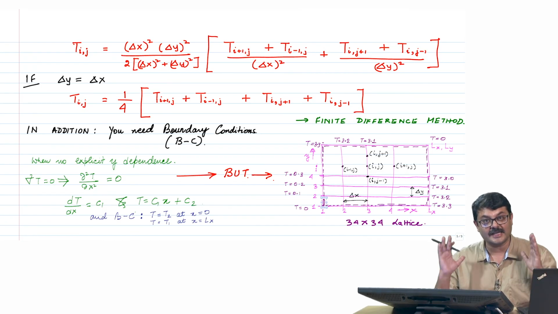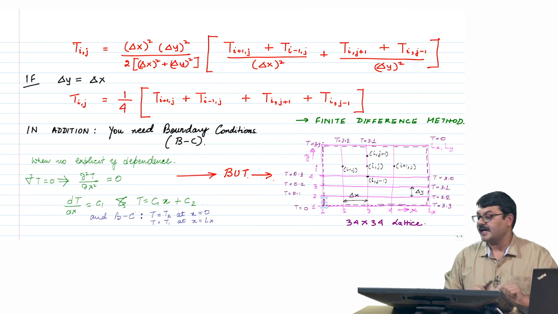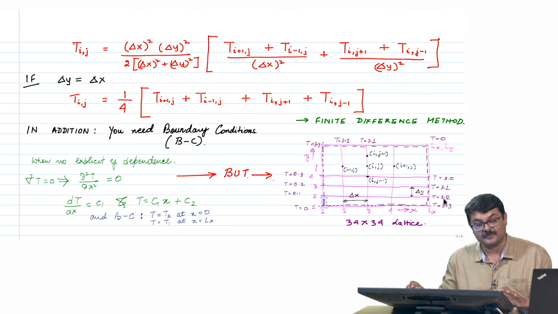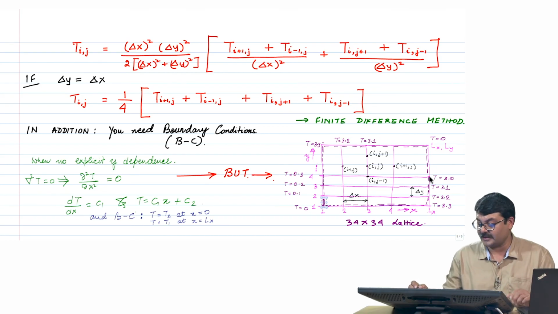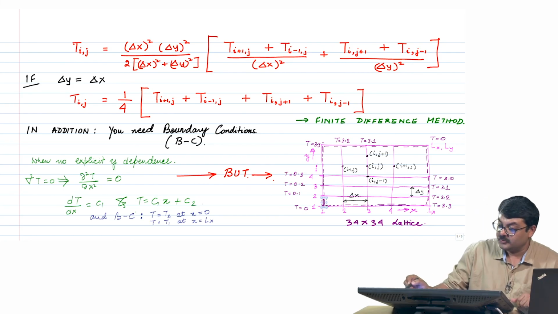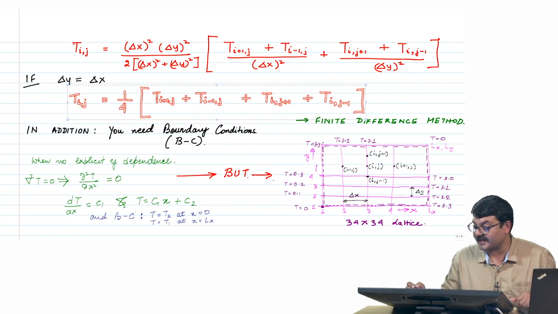They are externally given boundary conditions, and what you have to do by solving the Laplacian is find out the temperatures at these points within the metal plate as a function of x and y or i and j as you would like, right. The boundary conditions are given. You have this expression T i j. If you know the temperature of the neighbors, then you can find out the temperature at any point,